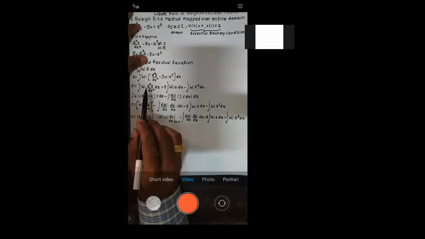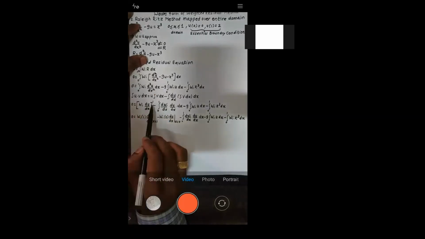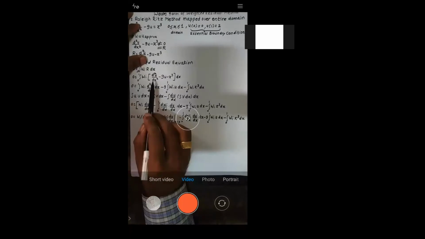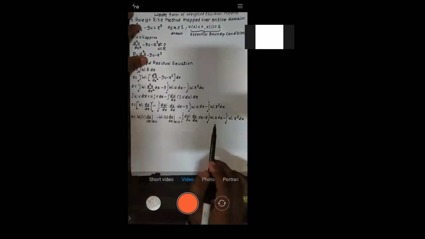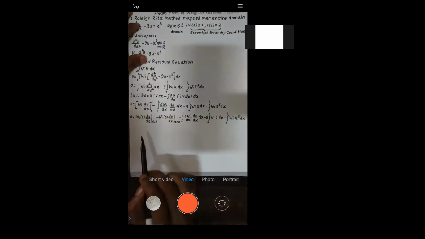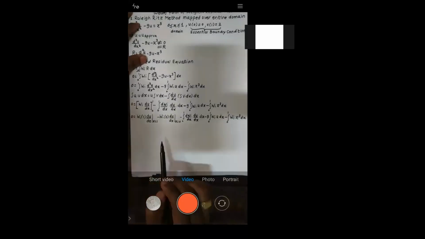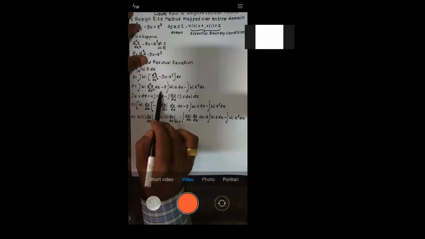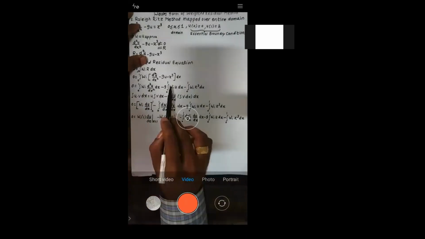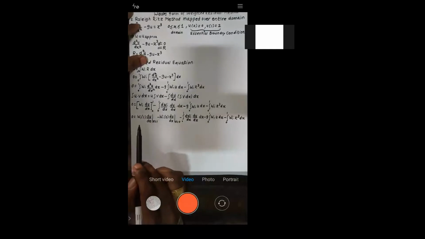Okay, see how you're going to integrate this term, first term, into integration of this. What is the integration of d square u by dx square? It is du by dx for limit 0 to 1. See, I will do it only for first part. Why it is so? That you will come to know now only. Because this term only I am integrating. Rest of the two terms, I will keep it as it is. Is it okay?